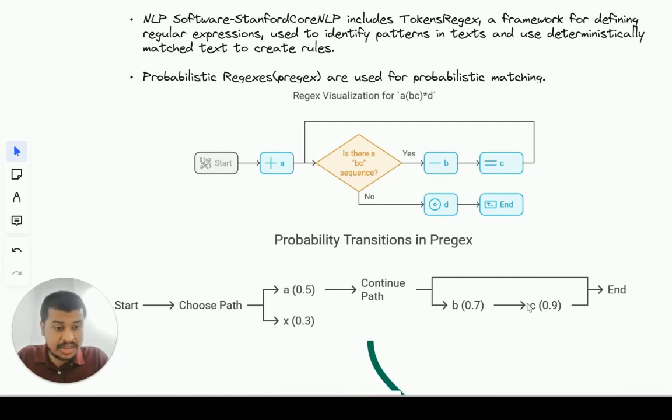If it is A, B, C, then it will end. Then this will be taking in the string A, B, C. If it was X directly, then it should be only X, and there should not be any other string afterwards. But if it is BC, and it's continuing with another BC, A, BC, BC, BC, then it could be accepted by this particular NLP system-based flowchart rule. It's an NLP-based heuristic rule using regex, right? So instead of going for an exact match, we'll go for probability.